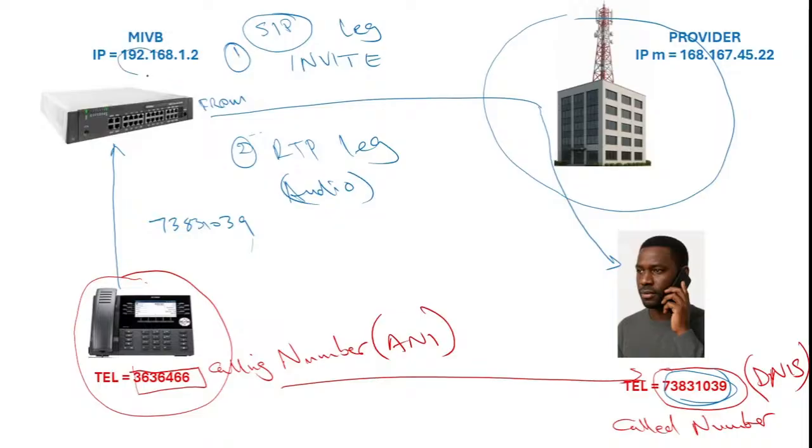Let's say this IP address, and then it's going to carry a to, the IP address of our provider. So it's going to invite 73